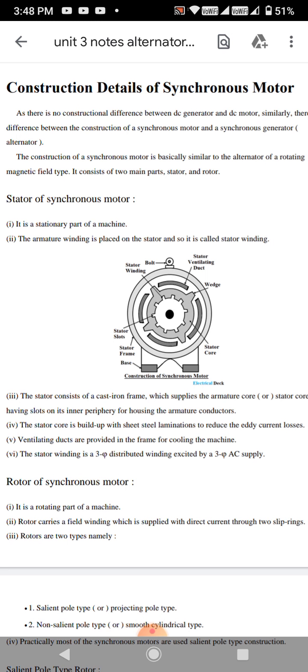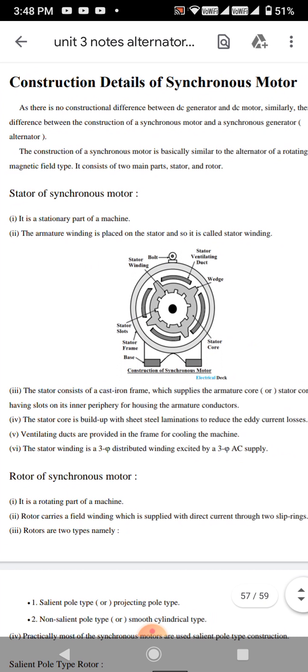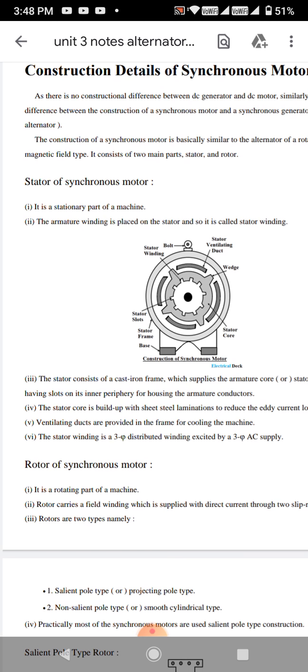As there is no constructional difference between a DC generator and a DC motor, similarly there is no difference between the construction of a synchronous motor and a synchronous generator. In the same way, there is not much difference between the construction of a synchronous motor and a synchronous generator. The construction of a synchronous motor is basically similar to the alternator of a rotating magnetic field, and it